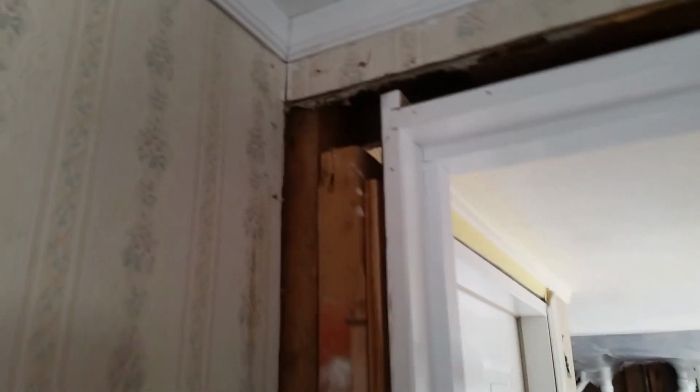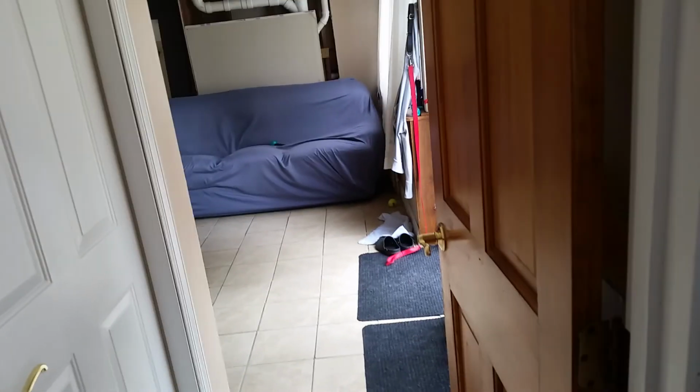I'll probably just maybe put some insulation in there, maybe towards the bottom, just in case, you know, people get that. But I can see outside. I don't want nobody seeing I got a pee-pee. So this is obviously non-load bearing, so I put one piece all the way up top, and I put another piece on the bottom. And the door, no matter how it looks from the video, the door is actually fully